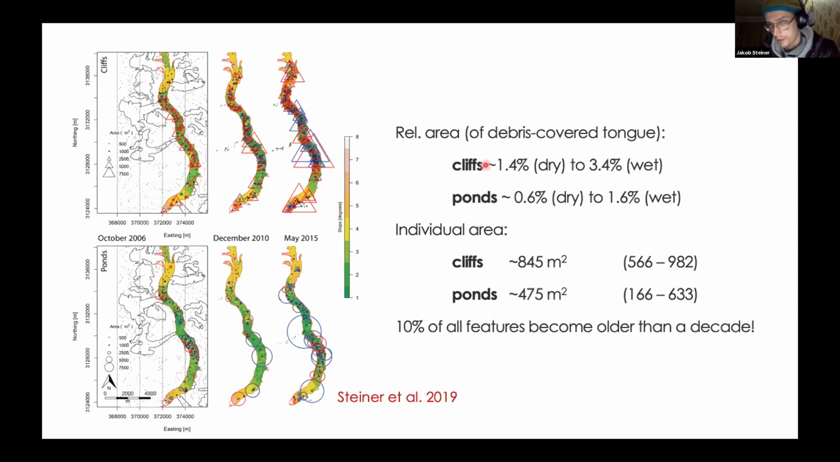Overall, they cover a relatively small part of the debris-covered tongue. So cliffs cover between 1% and 3% of the total area, depending on the season, and ponds a little bit less. Individually, these cliffs become up to 1,000 square meters large. And of all these features, about 10%, we can see them over a whole decade. So they persist, they flow with the glacier, and the rest of them are more ephemeral. So they appear and disappear